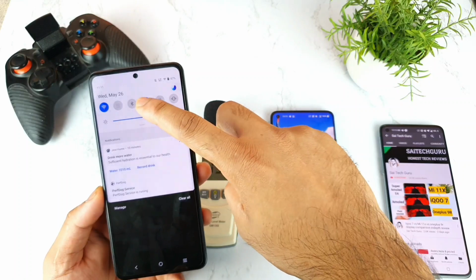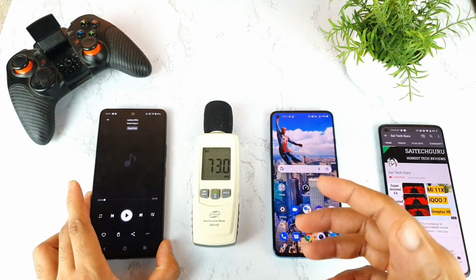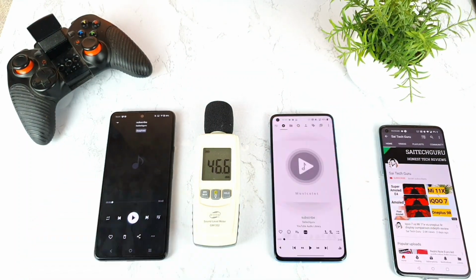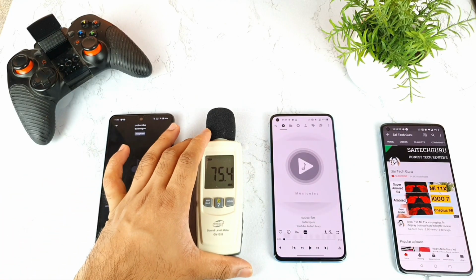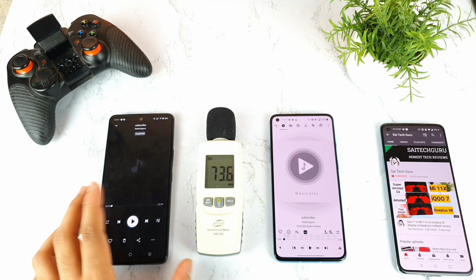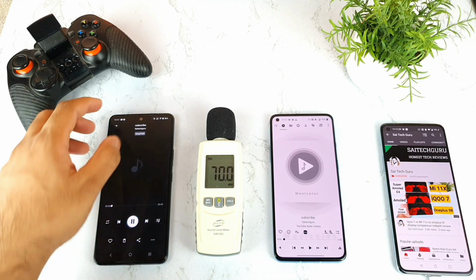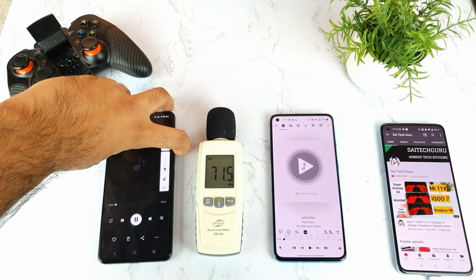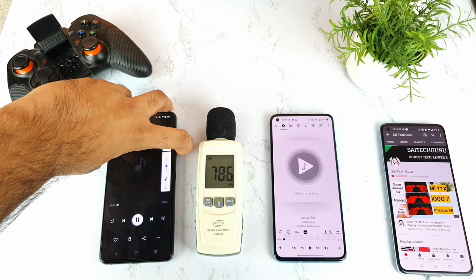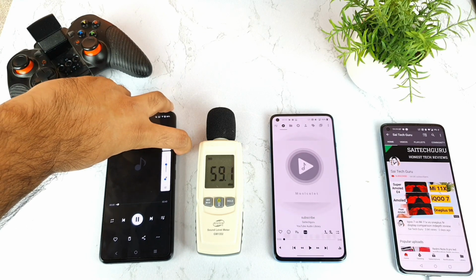Let me quickly start playing the audio one by one so we can test which phone has better audio output. As you can see friends, I am placing the meter exactly in the middle of the speaker. This is a speaker test. Let me start playing the audio one by one, and I'm increasing the volume little by little so you know exactly how the volume is increasing.